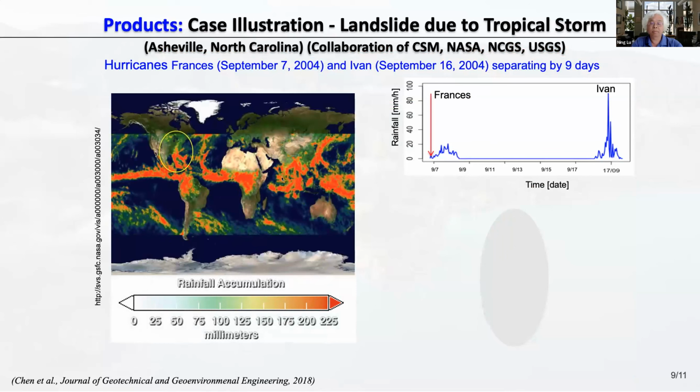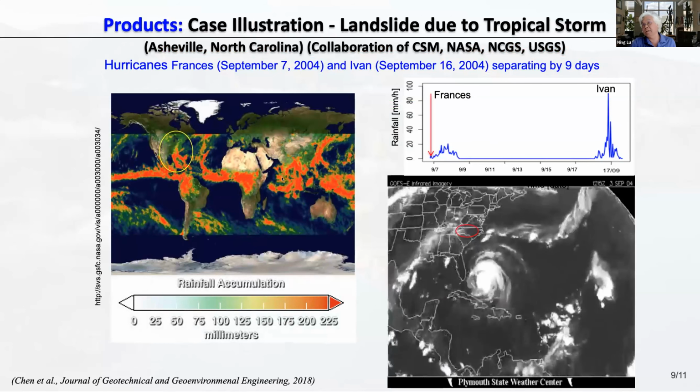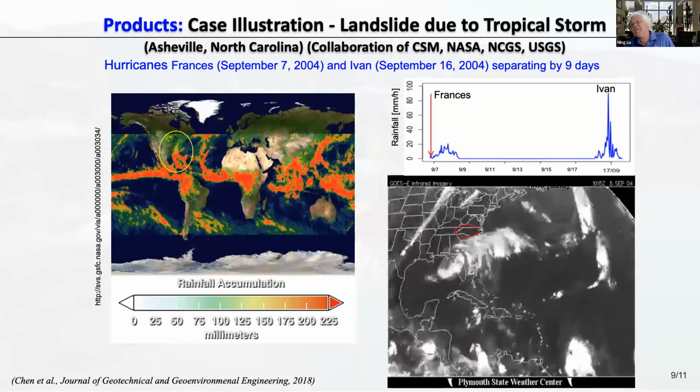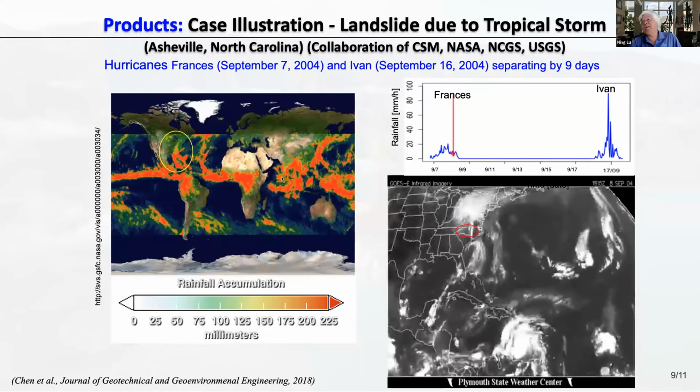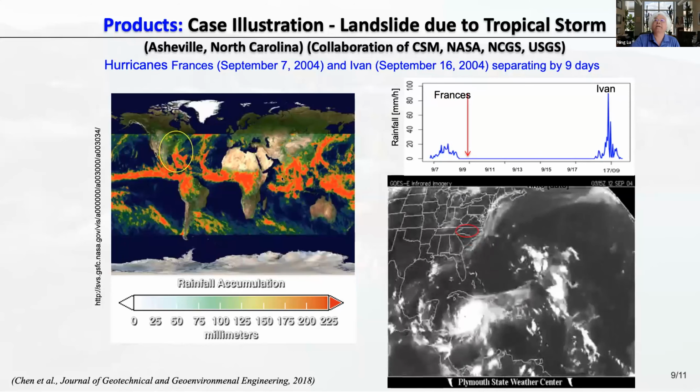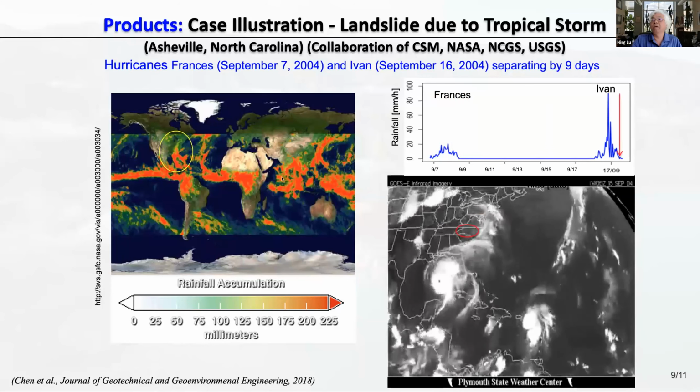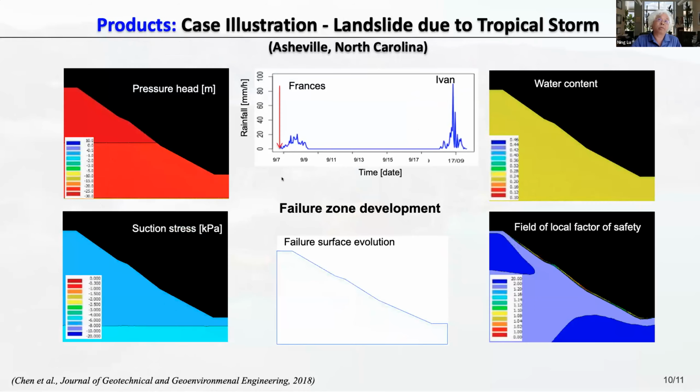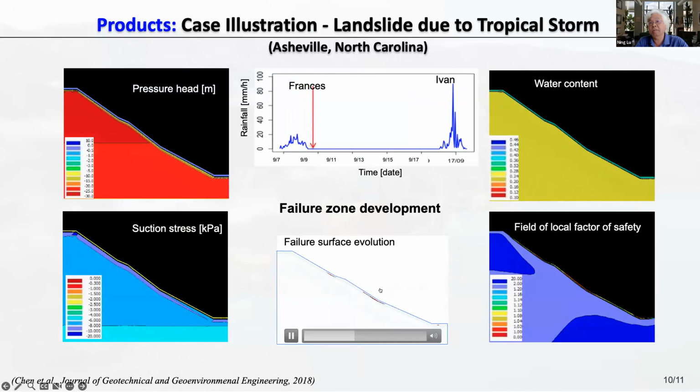So this is the period where the precipitation is, and you can see that the first hurricane will hit North Carolina, and then the second one, after about 6 days, will come. So we can use the model information of the precipitation, and the understanding of hydromechanics, to simulate that. What I show you here is the process: you can see the stress and pressure distribution, as well as the failure. What you see here is the failure evolution. And the second one, particularly when it hit very hard, you can see the landslide occur.